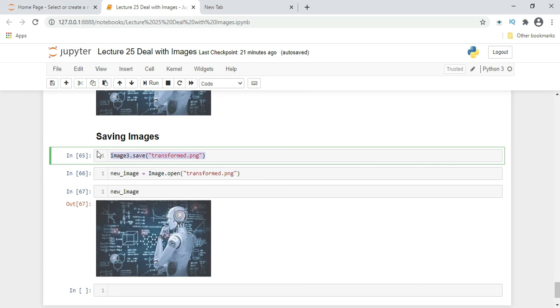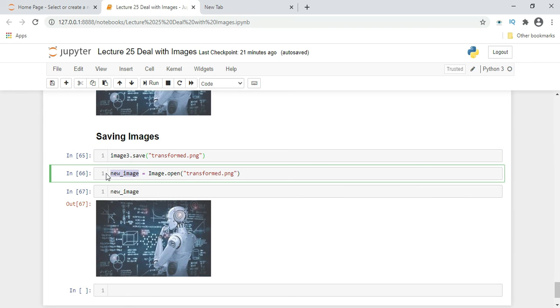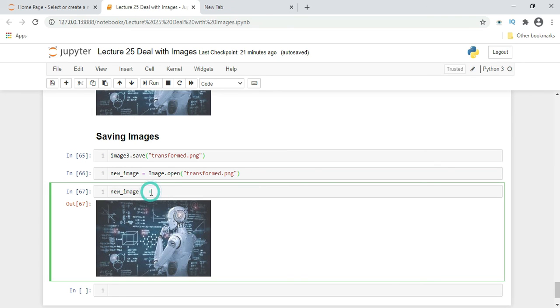Once the image is saved, to check it, we can open it. So another variable we took as new_image equal to Image function dot open, and here we are providing the image name including the extension, and after executing it we are getting the image which we have saved. By default it is getting saved in my C user admin. In your case, if the user name is different and the path you have selected is different, it will go into that default path.